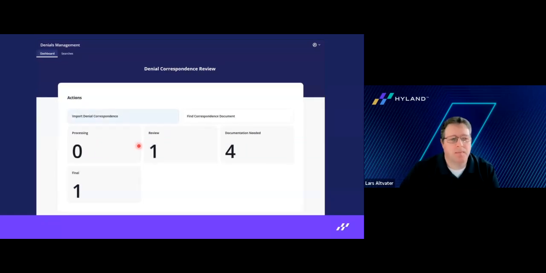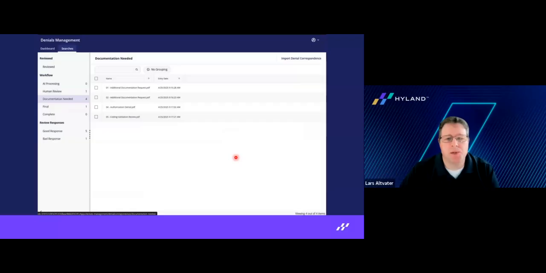The agent will do its work, do its magic, and distribute the different letters into various queues. The user can go in at this point and they can see right away what needs to be done. There might be items that need human review because maybe there was some ambiguity in the letter and the agent can't make a decision, and it leaves it up to a human user in this case.